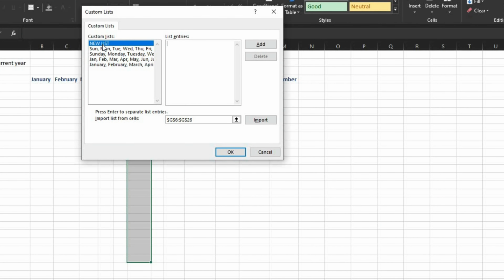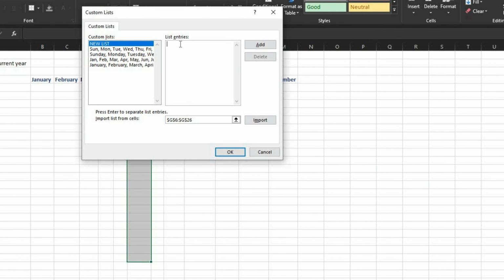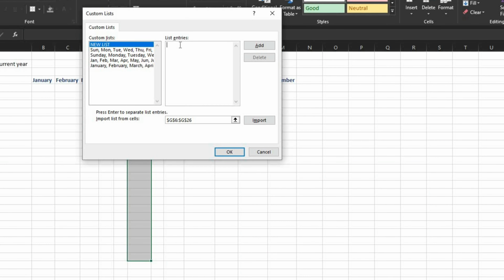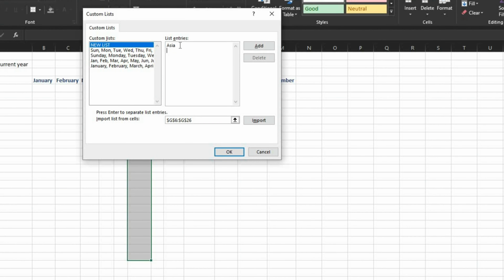But for example, say you want to add a custom list for the continents on the planet, or the planets in the universe, or the planets in the solar system. All these are lists that you can automatically create based on whatever data you are working with. So for example, let's just add in the continents